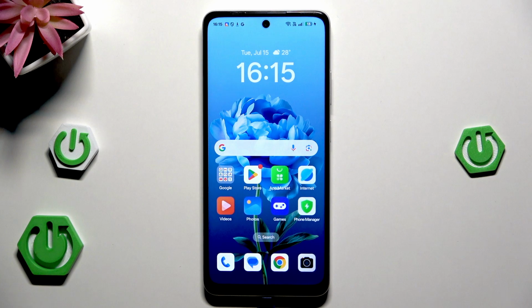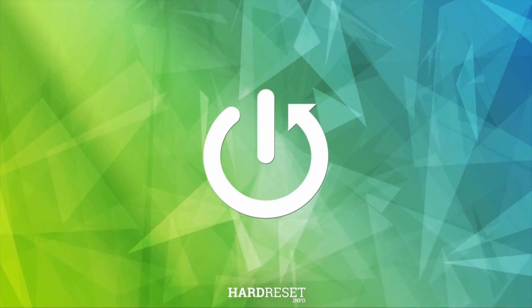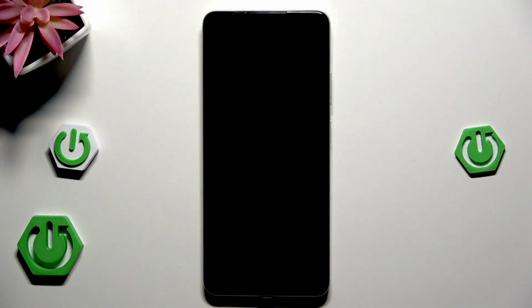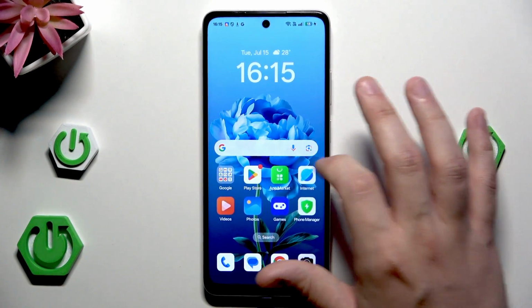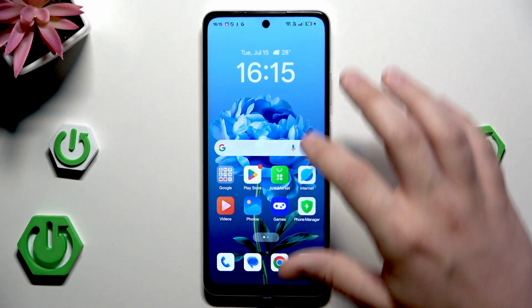Hello, in this video I'm going to show you how to restore WhatsApp backup on the OPPO K13x. Alright, so let's begin. I just downloaded WhatsApp to show you the whole process, but before we begin, let's